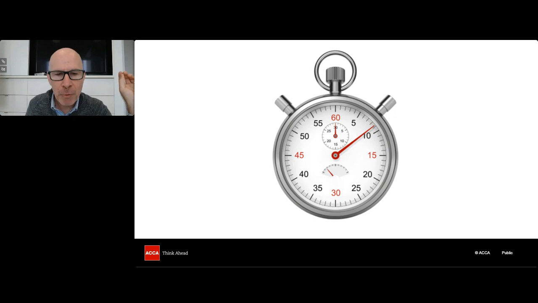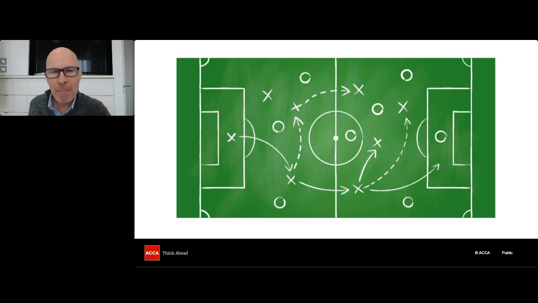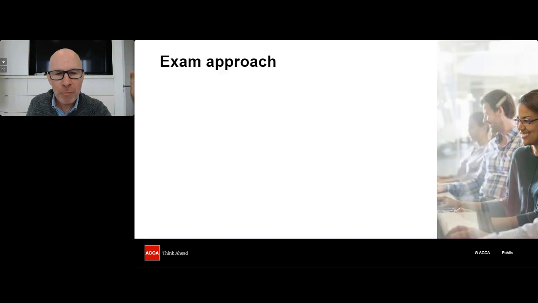Now, let's do that in the framework of a game plan. Successful athletes work in a very pressurized environment like you guys. Now, I want to talk about 2 parts of the game plan. Exam day, right? When we're on the field, that's one aspect of the game plan. The other aspect is the preparation, okay? Now, you must rehearse the exam approach.